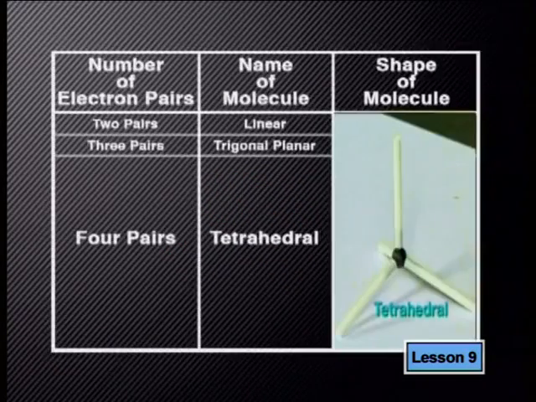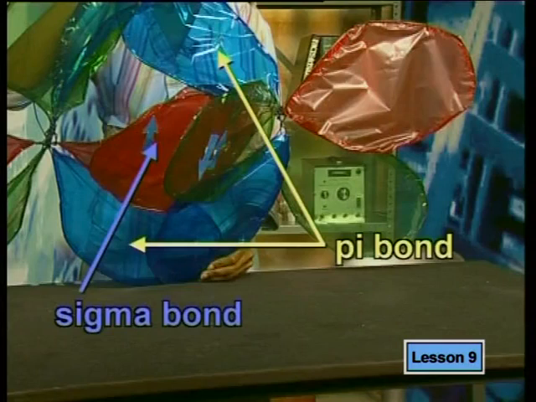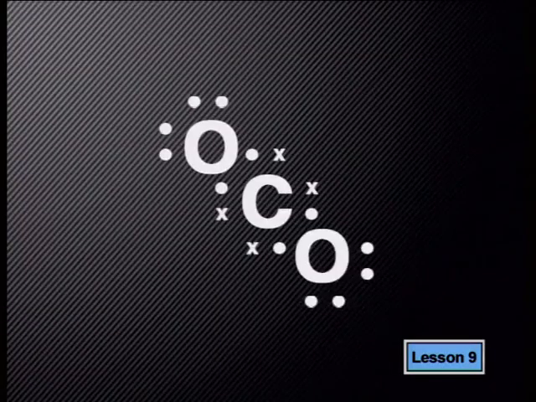Previously, we noted that 4 pairs of electrons can be arranged in a tetrahedral. But in this case, each oxygen atom needs to form a double bond with the carbon atom. A double bond requires 2 bond pairs. Remember, there is 1 sigma and 1 pi bond in a double bond. These bonds are arranged in the same direction, so we can treat a multiple bond as a single unit. Can you see how to arrange 2 of these double bond units around the carbon atom so they are as far apart from each other as possible?